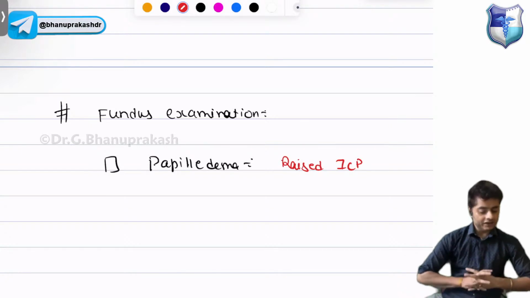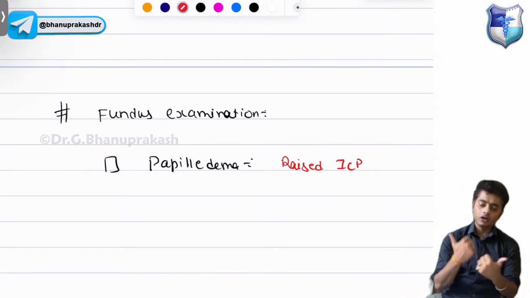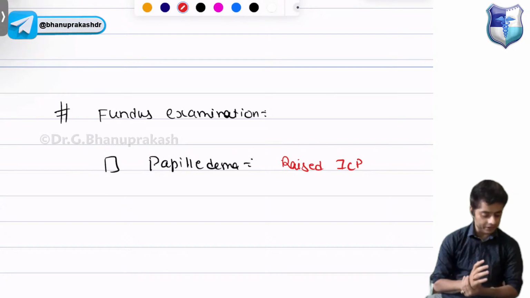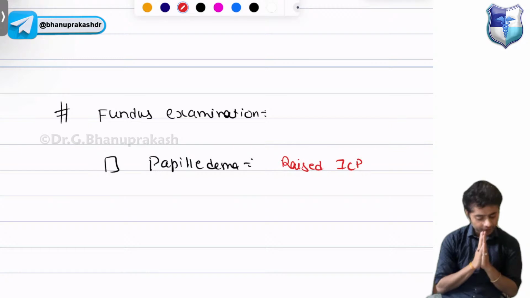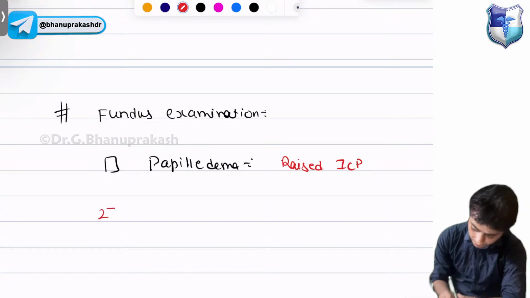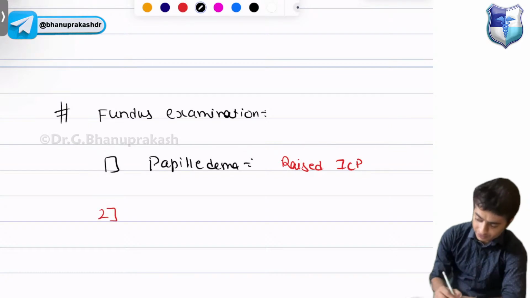ठीक है एवरीवन? फंड एग्जामिनेशन में क्या मिलेगा? पेप्लिडेमा. व्हाई? ड्यू टू रेज आईसीपी. ठीक है. अदर फाइंडिंग, देयर कैन बी